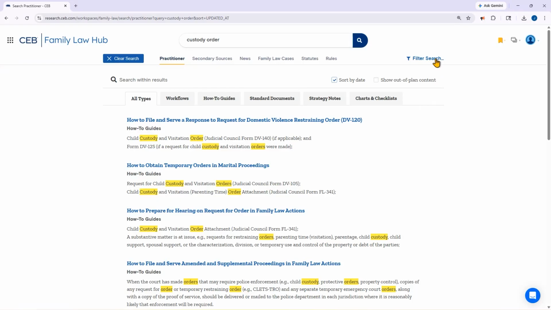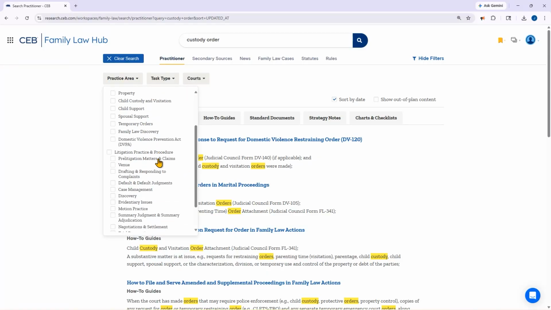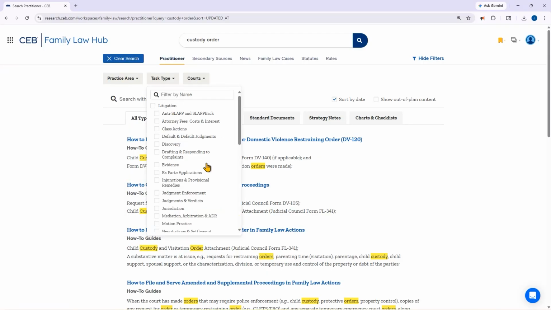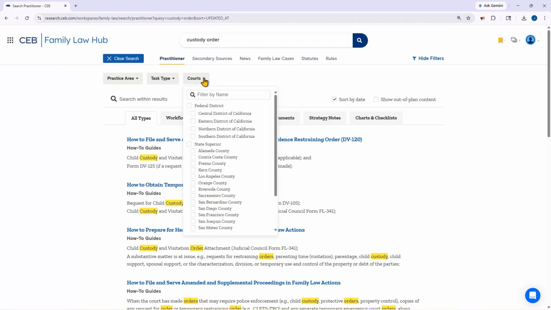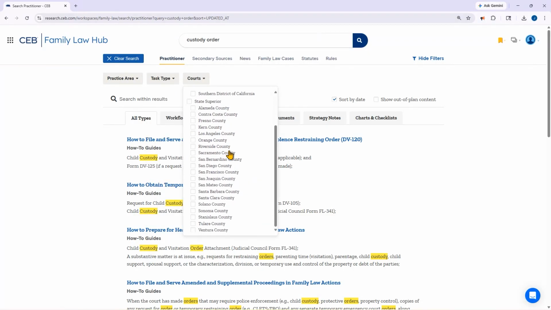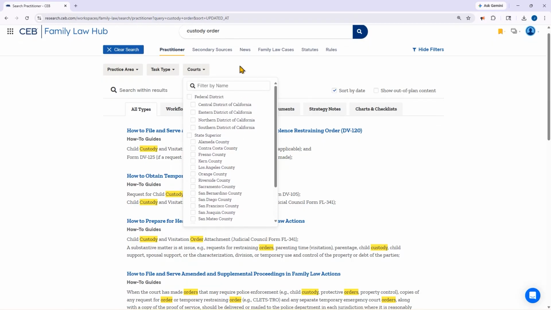For content type-specific filters, click the blue Filter Search to the right of the content tabs. The filters that appear will be different depending on which content tab you are on. For practitioner results, you can filter by practice area, including sub-area, task type organized between litigation-type tasks and transactional-type tasks, and courts, including the 4 federal district courts in California and county superior courts for the 20 most populous counties